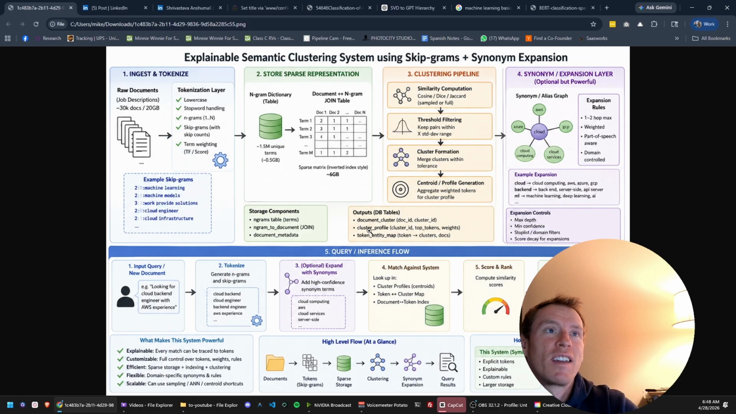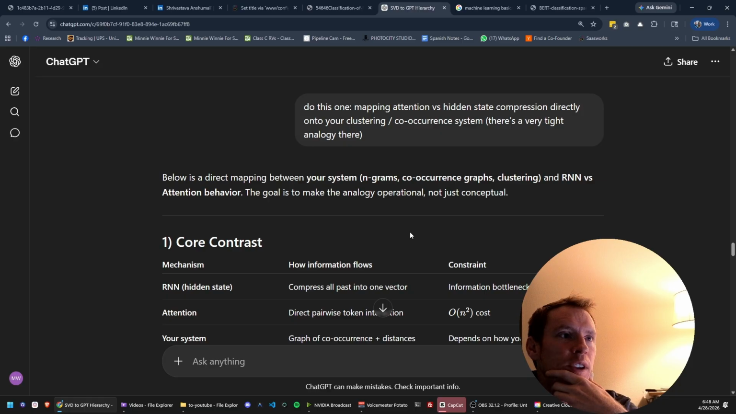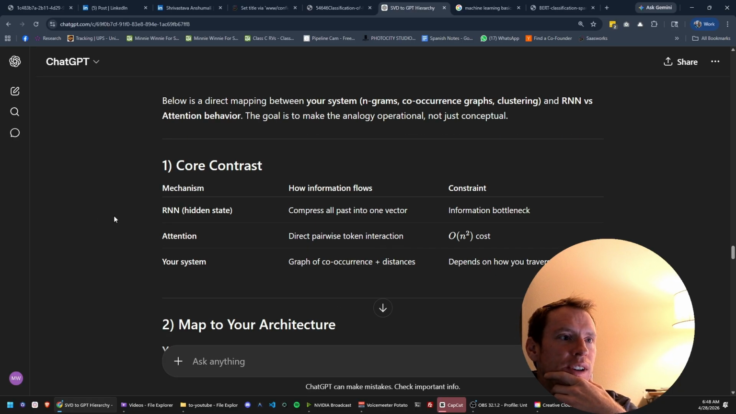So it's this idea that I had been exploring: can you basically do AI training on the CPU? And basically here,